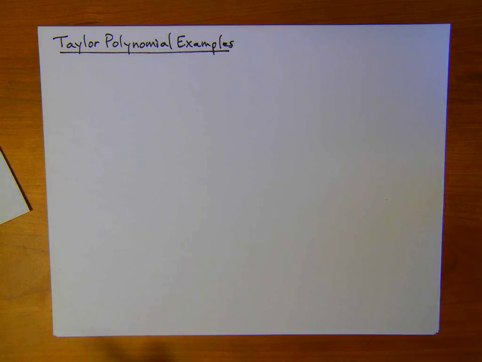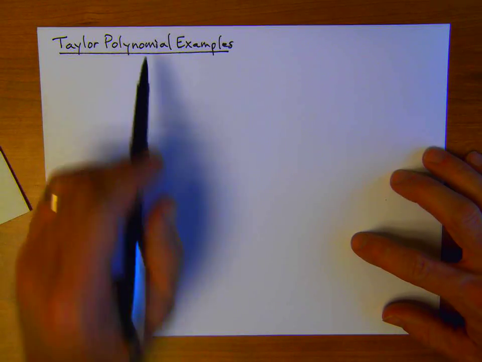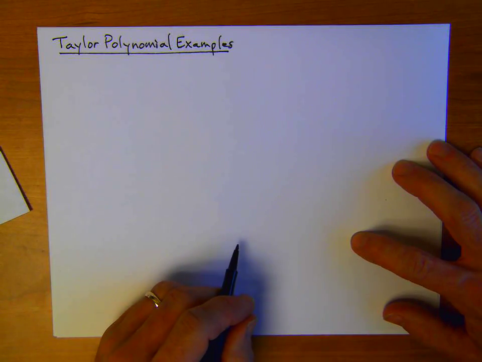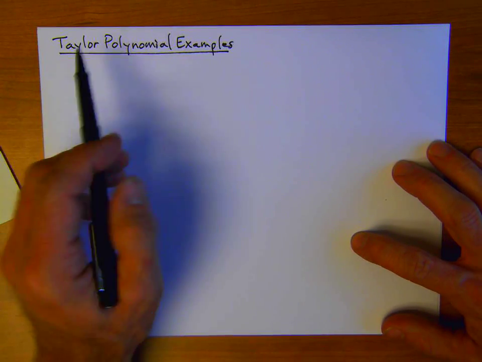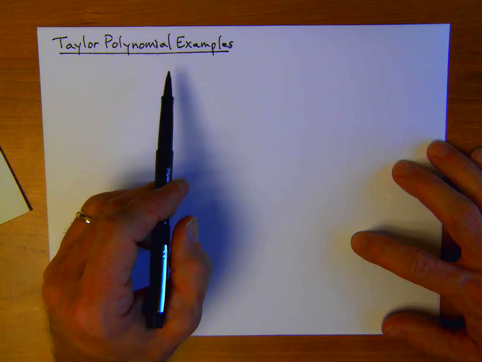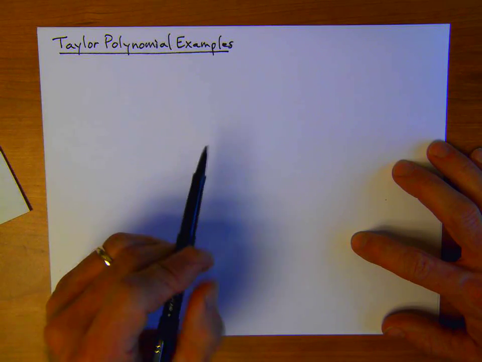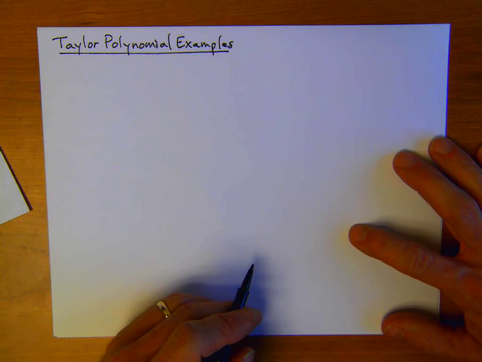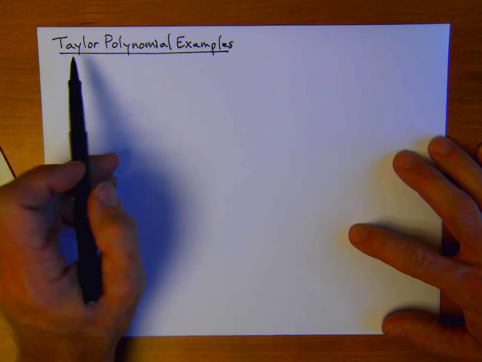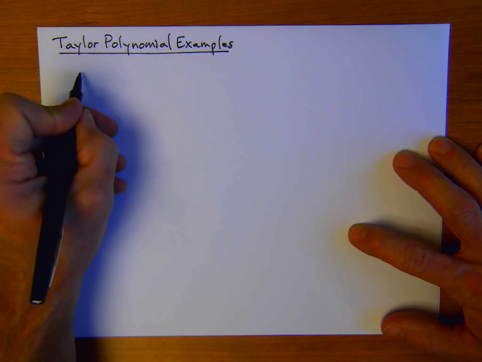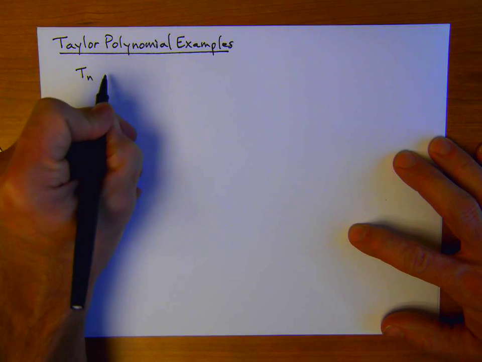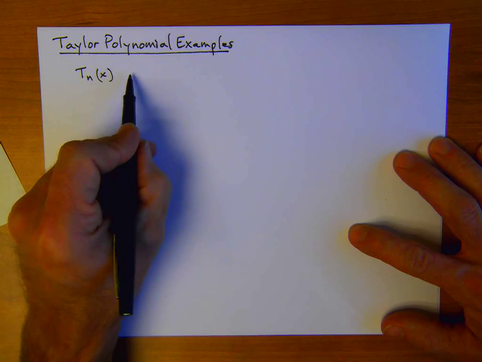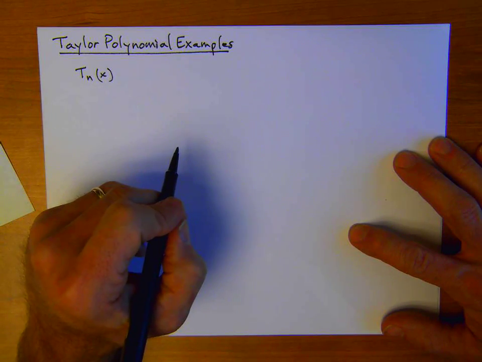In this video, I just want to do a few examples of how to find Taylor polynomials of different degrees. In class, we explored more the logic behind how you would construct a Taylor polynomial. Because one of the things about Taylor polynomials is, for an nth degree Taylor polynomial, its first n derivatives agree with the function that it's approximating. For example,